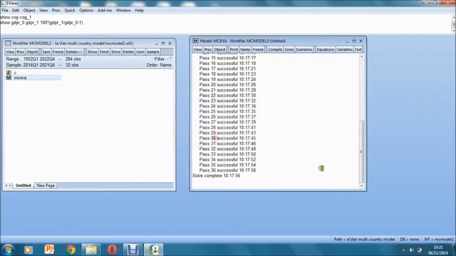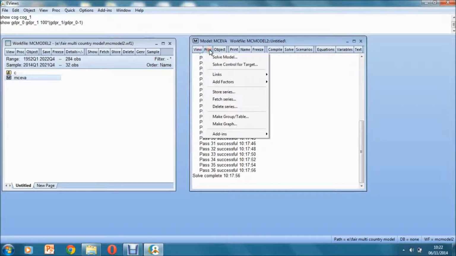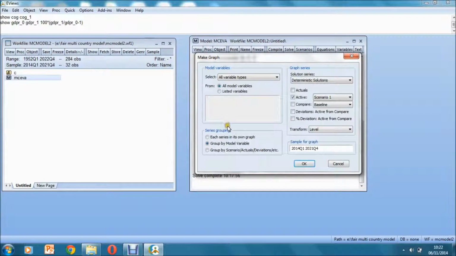It's also sometimes useful to create graphs of these solutions. So if we go to proc, make graph, again I'm just going to concentrate on US GDP, so I'm going to type in GDPR here, and what we're going to look at here is the percentage difference of the active solution from the comparison or baseline solution. So I need to check the baseline solution here as the comparison solution, and the active solution will be scenario 1, and we're going to look at the percentage difference between the two. So if I click on OK,